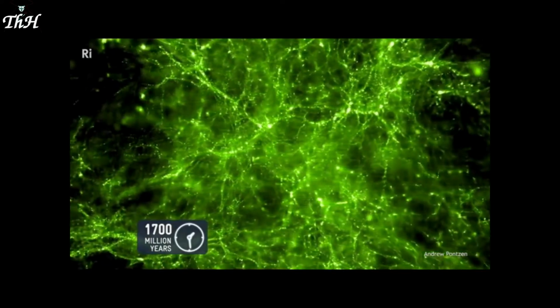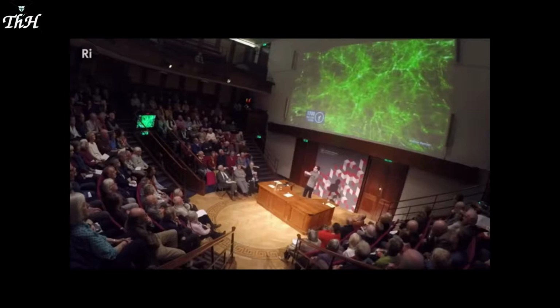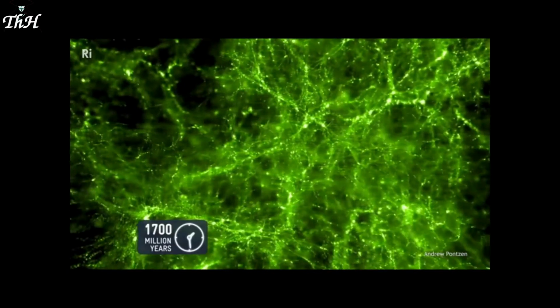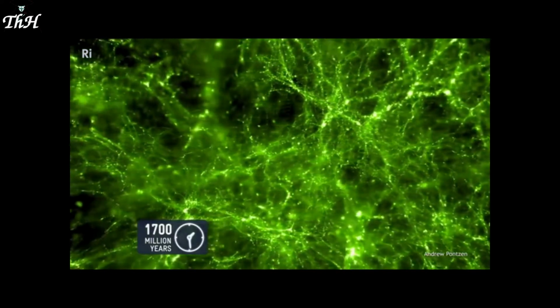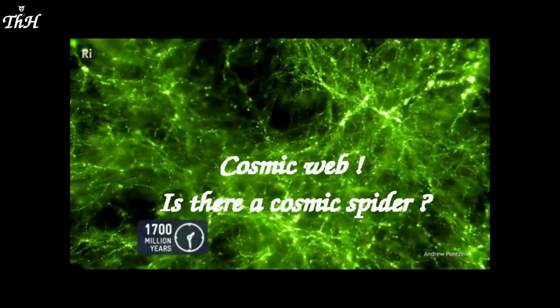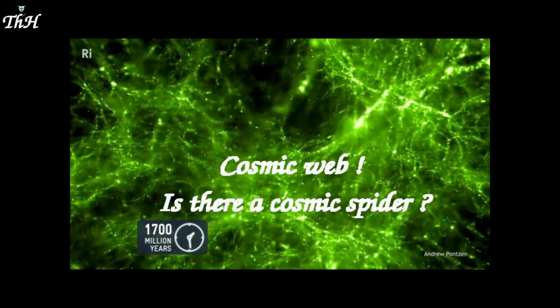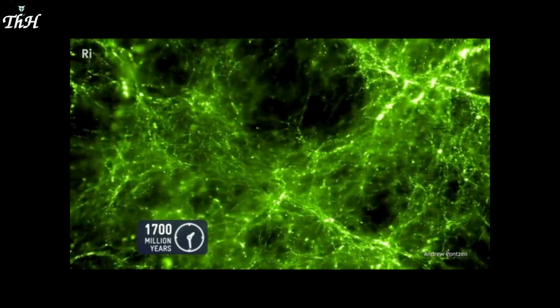And what you'll have seen so far is something that originally just looked like a green ball has turned into a sort of green web of structure. And that structure is what I was showing you earlier on. That's the cosmic web. Now, nothing much in space is green, so you might wonder why on earth this looks green. It's because we've asked the computer to project this in green for the simple reason that you could never